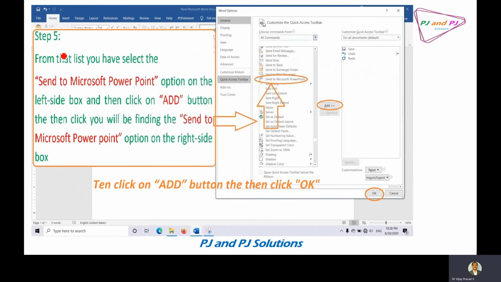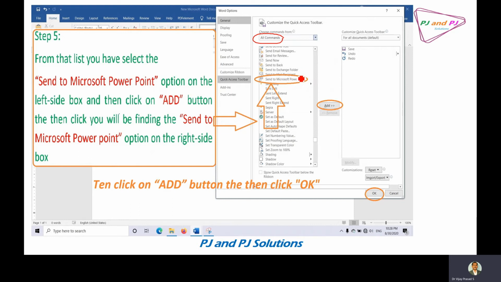After that, in step 5, having selected All Commands in step 4, it will show many commands. The list of commands is displayed here, and you can scroll it down and up.